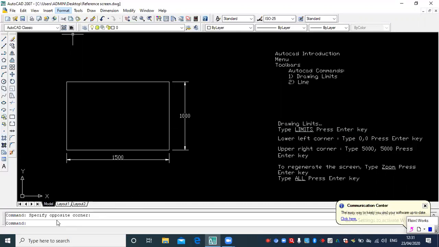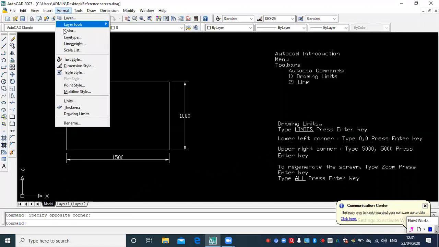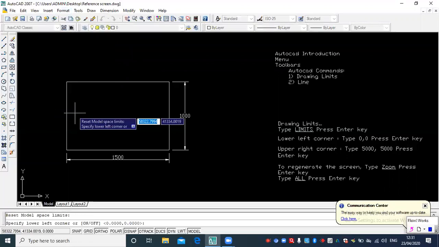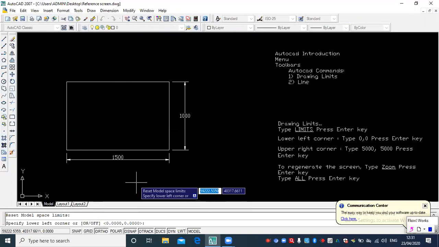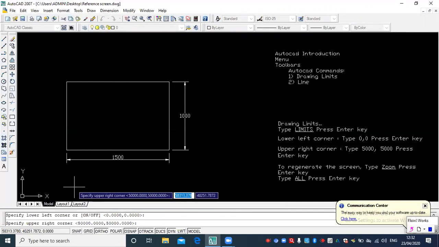I'll do it now. Go to the format menu, select drawing limits. See here in the command line, specify lower left corner. It is already there, 0 comma 0. It's good, you just press enter. No need to type. It has taken 0 comma 0. Now upper right corner. For example, this time you want to give 3000 comma 3000. You type here 3000